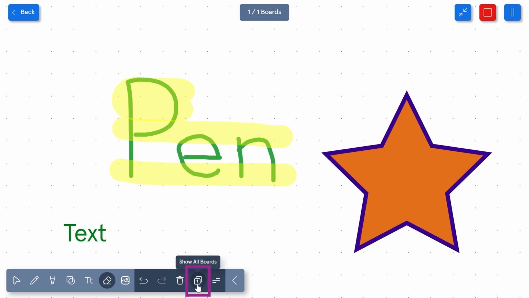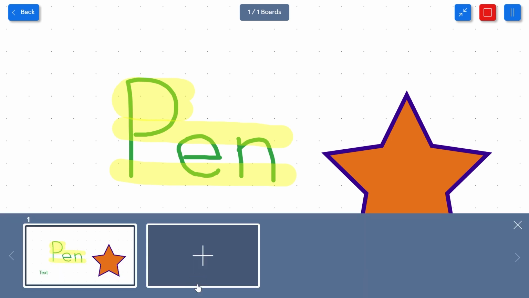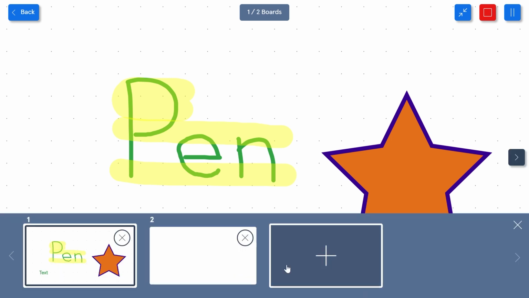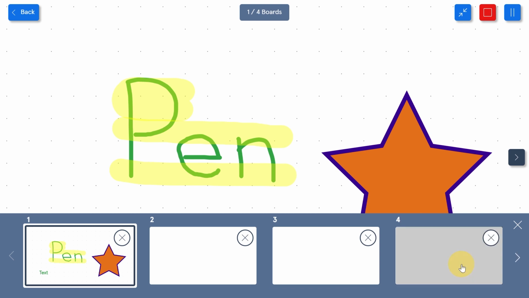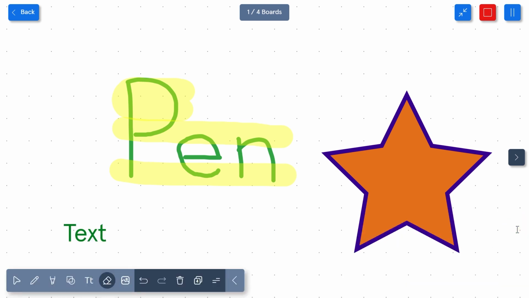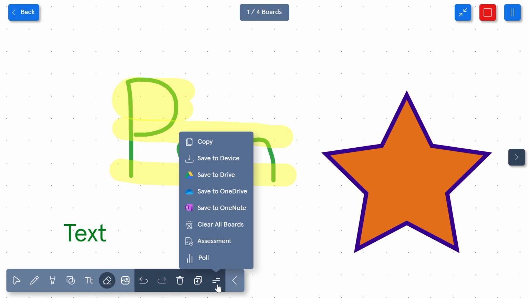Show all boards. Selecting this icon allows you to add different boards and the ability to move between them using the gray arrow. More options allows you to save any whiteboard activity to your device or cloud storage option, to copy, or to